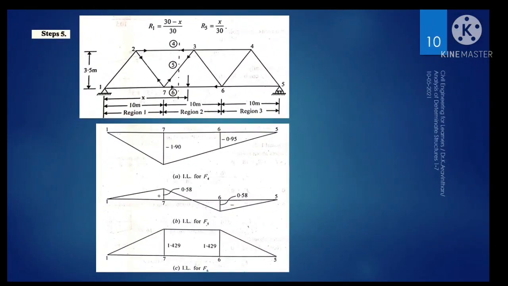And also the member 5 had least number of force, that is 0.58. When comparing these three values, the member 5 has least number of influence line. Hence, this member can be reduced of cross section. That is why if you check the first or second slide, the diagonal members were slightly less in thickness. Why? Because the stress acting here is lesser. So this is the aspects of getting the influence line into a design.